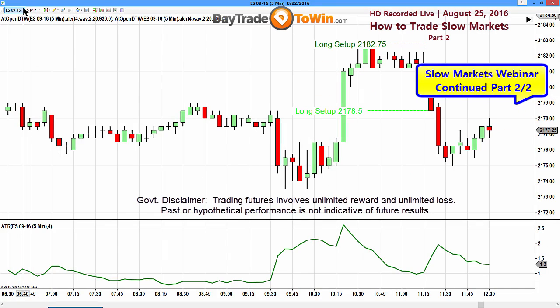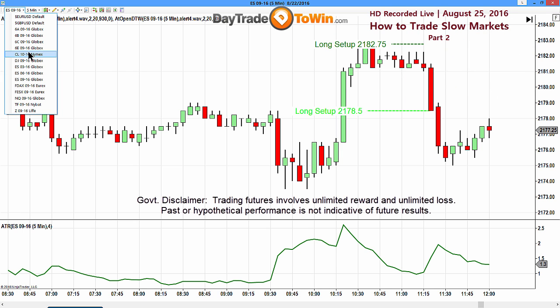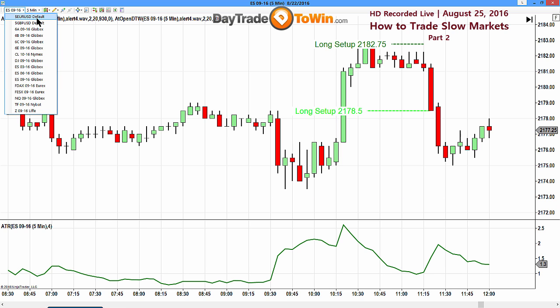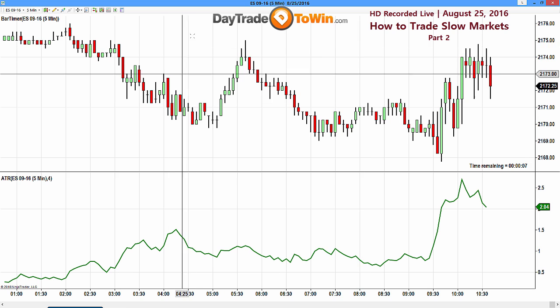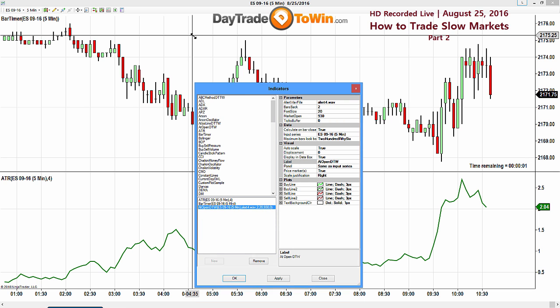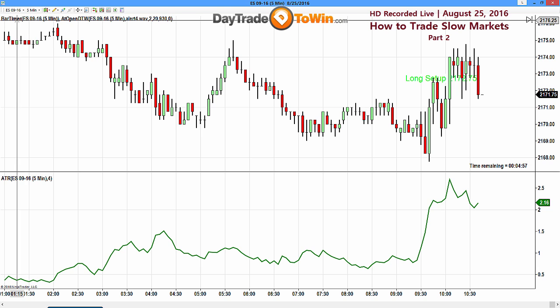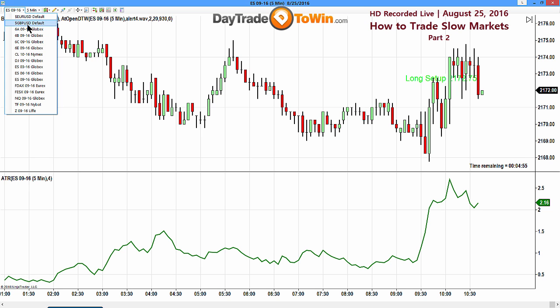Let me show you, for example, the euro, right? Everyone likes the euro, everyone likes the crude oil, everyone is interested in currencies and Forex. So let me just put it here for the Forex, for example. I'm going to add the ATO at the open, which is right there. Okay, so here is the ES, and let me switch to the euro 6E.